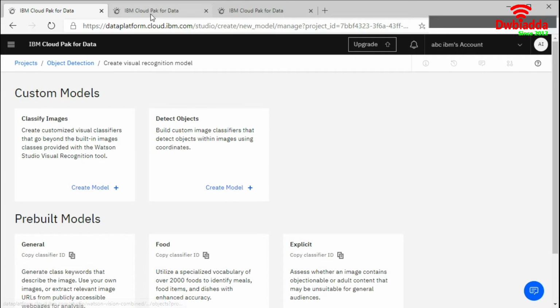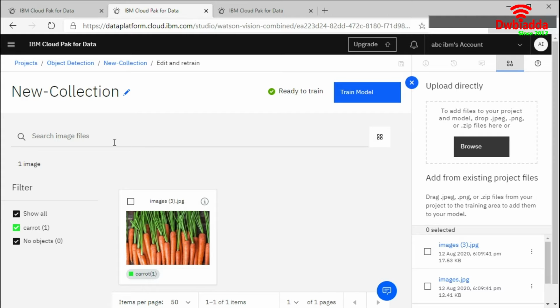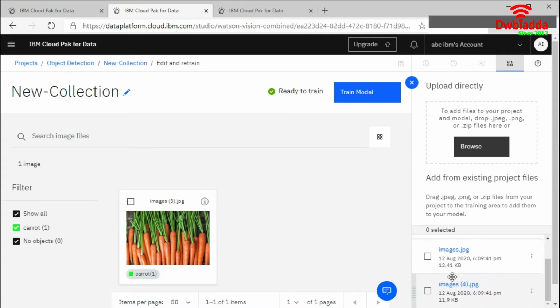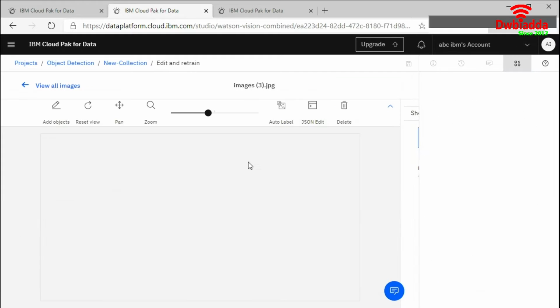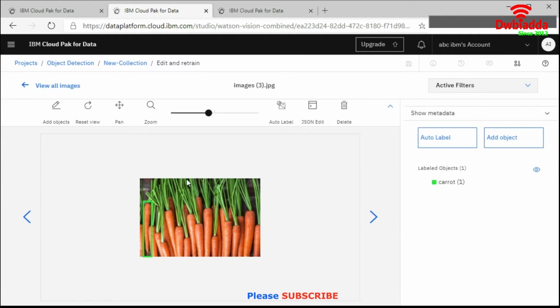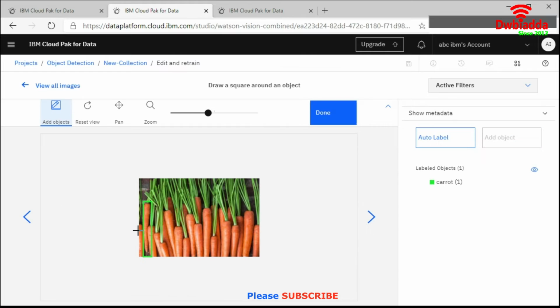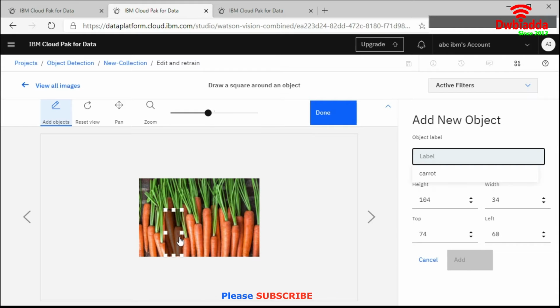When you click on this, it will open this window. Here you can drag and drop your images. I have already uploaded the images. Once the image is uploaded, we need to highlight the area which we want to detect as an object. So once this image is uploaded, tick on this and say edit. Here you can edit or draw the object highlight detection in the picture like this one. It will set some area with these coordinates, like I have highlighted this area. I want to detect it as an object in my given image.